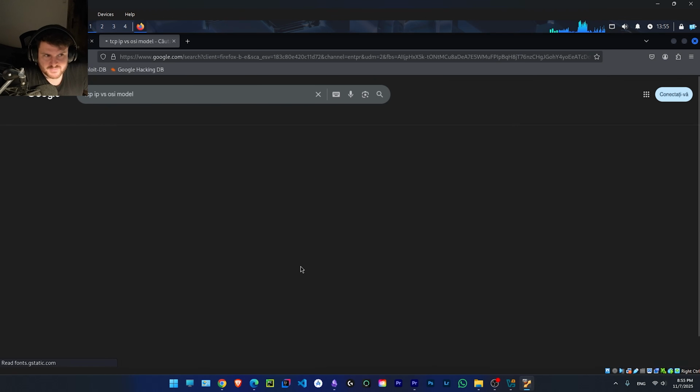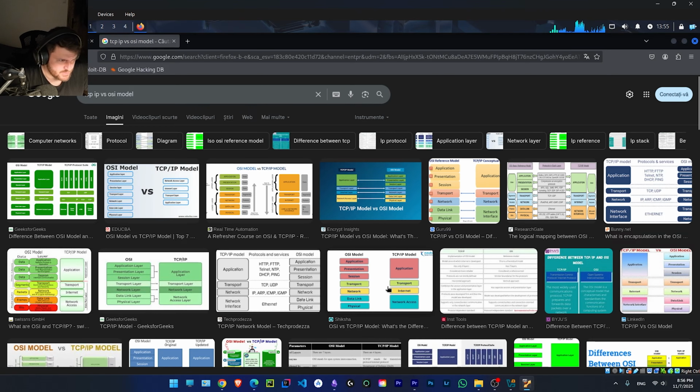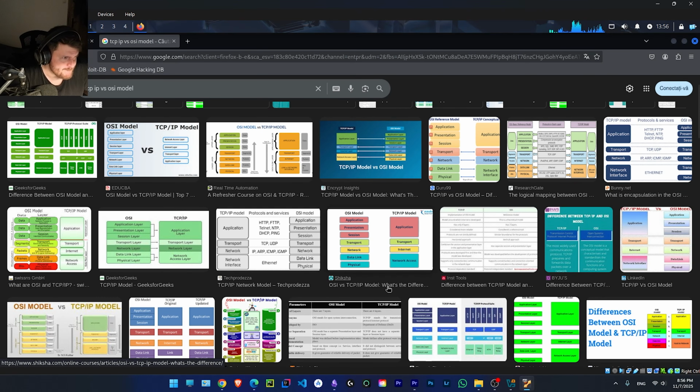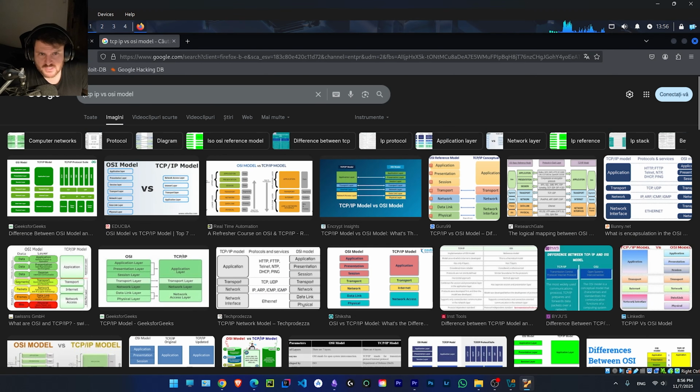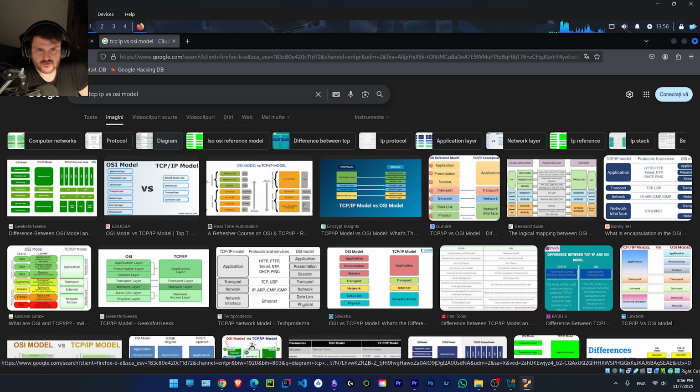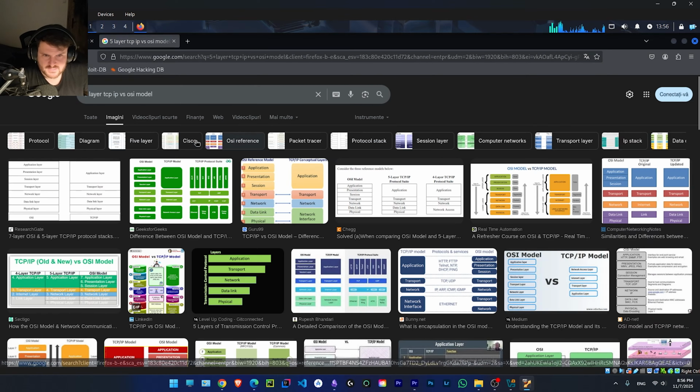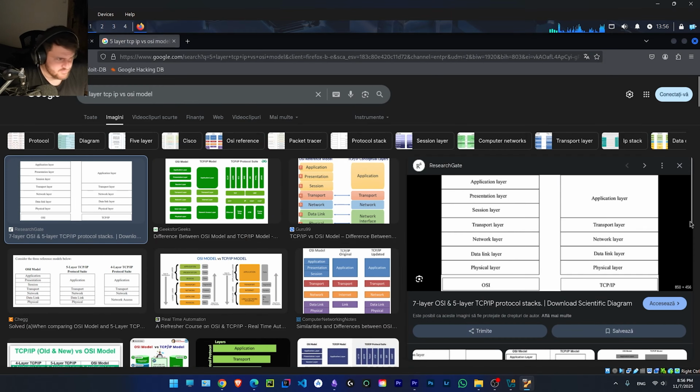Let's go to images just to see, because I'm really curious. I will just search 5-layer TCP/IP versus OSI. Here we have it.